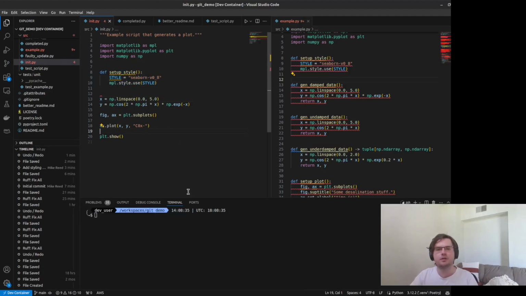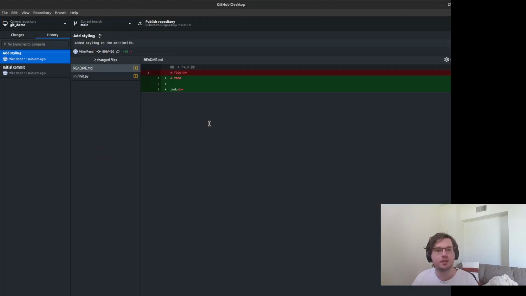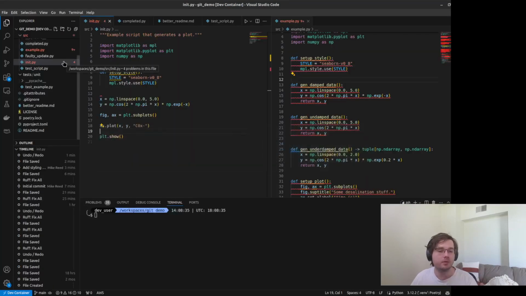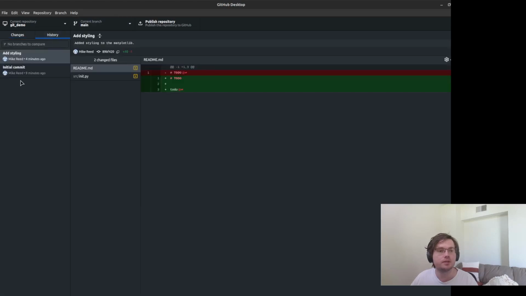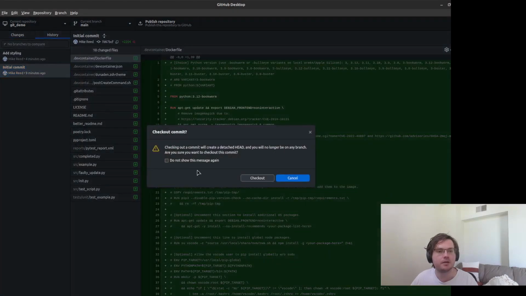So I just want to reiterate here again as well. The only way that Git stores information is within that .git directory. The way that it actually interacts with your code is that you save states, and then you use the GitHub Desktop application to open or make changes to each of those states, so that it makes it easy to go back and forth between different versions of your code. So in this case, the actual file that's stored on my local machine, which is init.py, will change if I go between different commits of my files.